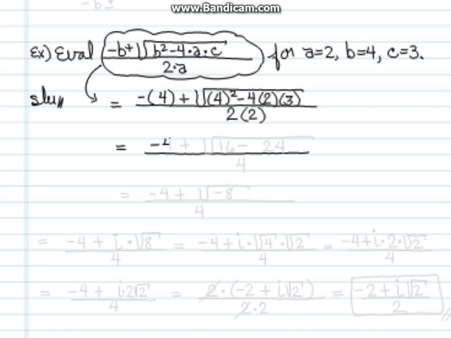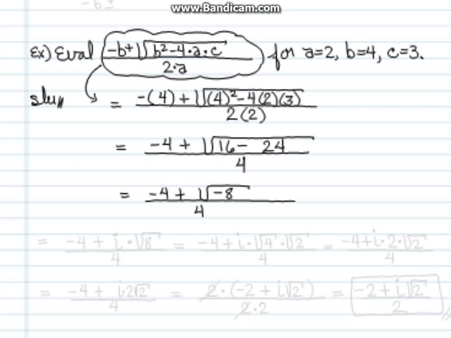Negative 4, we don't need that parenthesis, plus big long square root, 4 to the second power, 4 times 4 is 16, minus 4 times 2 is 8, 8 times 3, 3 times 8 is 24, over 2 times 2 is 4. And that is equal to negative 4 plus the square root of, let's see, 16 minus 24 is negative 8